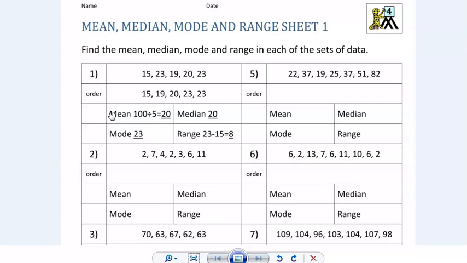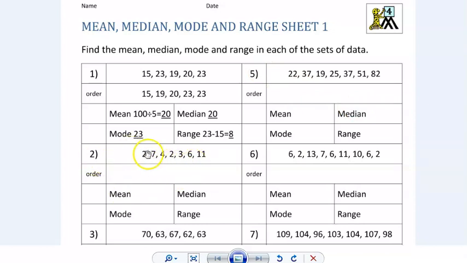So what you will need to do is get this worksheet. If you have the ability to print it off, then work on it, take a picture of it and send it through to me, so you can indicate to me that it's completed. But if you don't have the ability to print this off, you can just write the data set values,